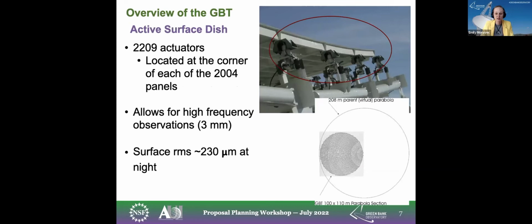And as I mentioned, in 2009 we had an upgrade for the GBT where the active surface was upgraded and installed. What this is, is that we have about 2,210 actuators located on the corners of all the panels. And there are 2,000 panels, so you can see an image of this here. And this allows us to manipulate the structure of the surface of the dish to apply corrections to allow high